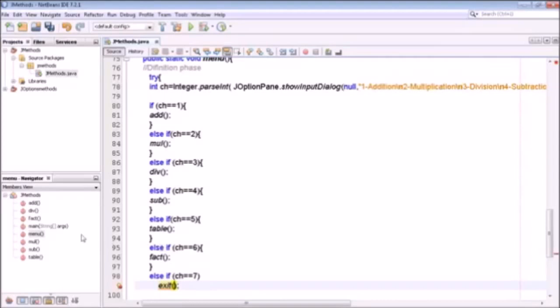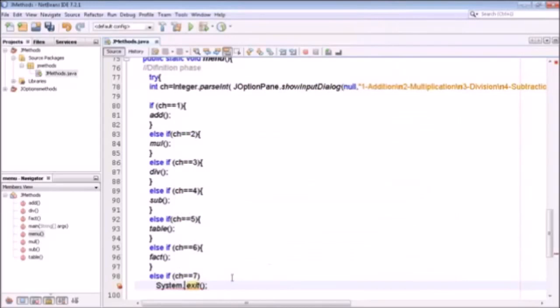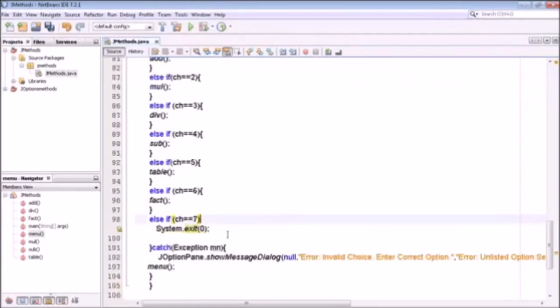System.exit, System.exit 0, no arguments. You have to terminate the system. And the last statement which you receive here, that is